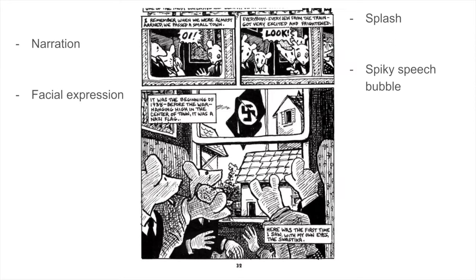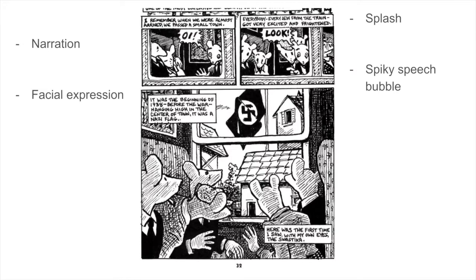Similar to Vagabond, Maus also uses facial expression. However, this time it is to elevate the horror aspect of the narrative. As you can see in this panel, the mouse's large and baggy eyes reflect the horror that the character is seeing. On top of that, the spiky speech bubble and bolded text make the character seem as if his voice is shaking. However, up until this point, the readers have no idea what the mouse saw.